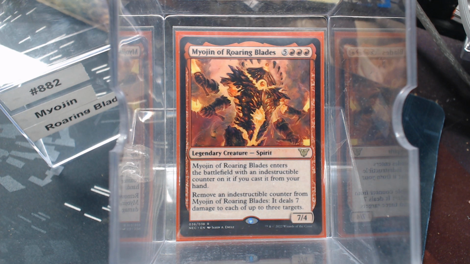as far as rares go, none of them are that expensive. I think this one is under a quarter. But anyway, they are not really amazing as commanders because of this first line. It enters the battlefield with an indestructible counter if you cast it from your hand. So it's got that indestructible counter. That used to be called divinity counter. They're just simplifying it. Remove an indestructible counter from this and deal 7 damage to each of up to 3